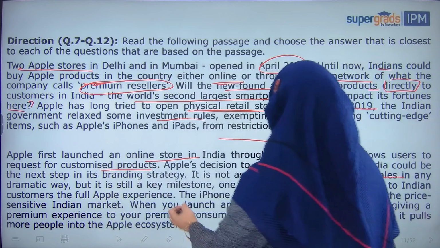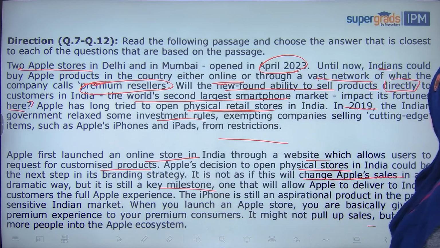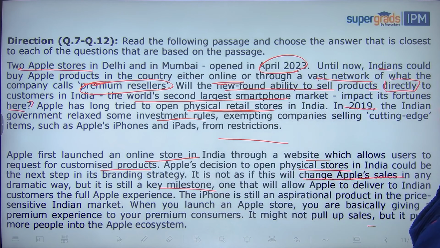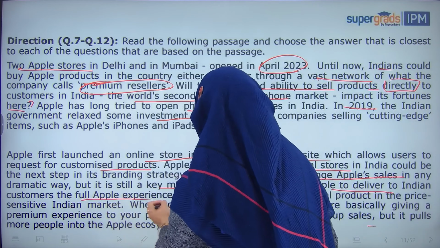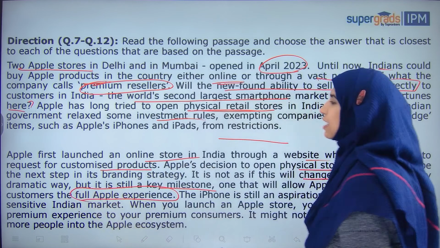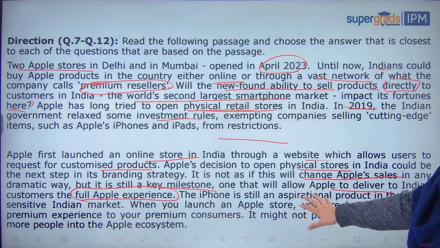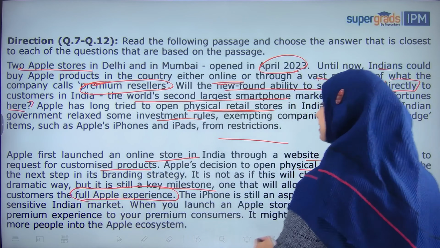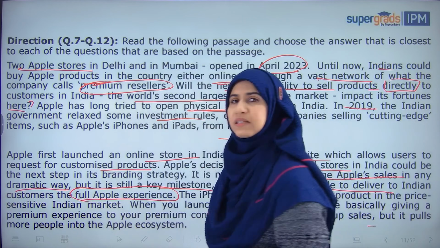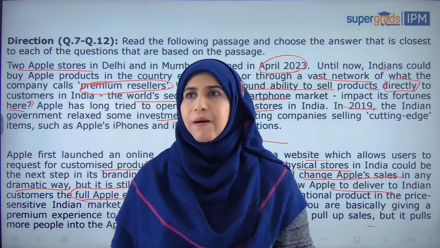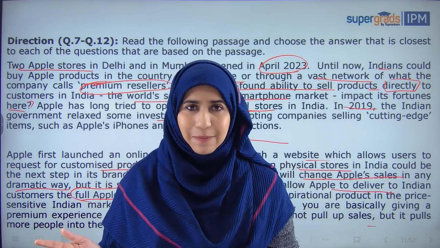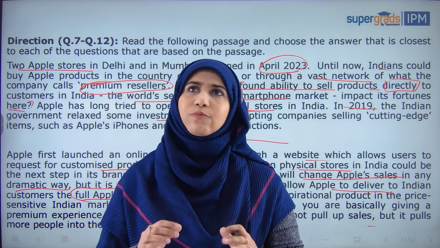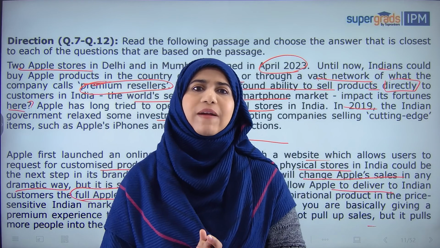But it is still a key milestone, because now Apple will be able to deliver a complete or a full Apple experience to its customers. Again, it's saying that it will not change Apple's sales in any dramatic way. Sale बढ़ भी सकती है, but they're not expecting a very dramatic change or some kind of a transformation happening. But they know this is going to be a good step because Apple will be able to provide them with